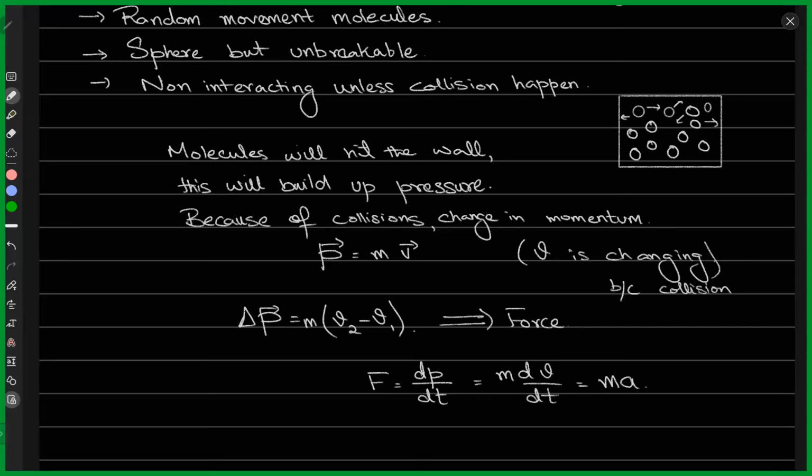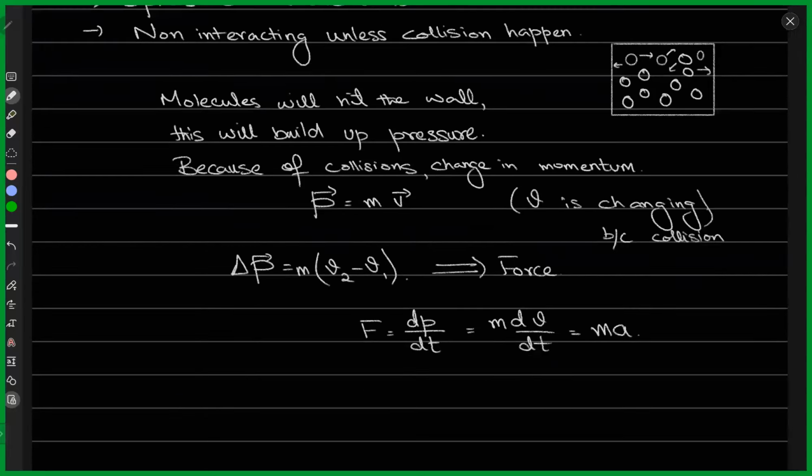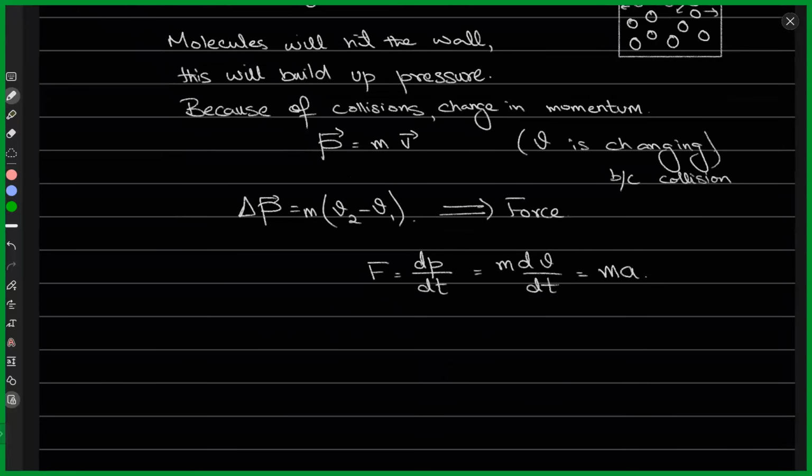I'm sure that you're already aware of that. Sir, why don't we write delta instead of d? Oh, it is actually delta, right? So it's actually dP over dt, but we want